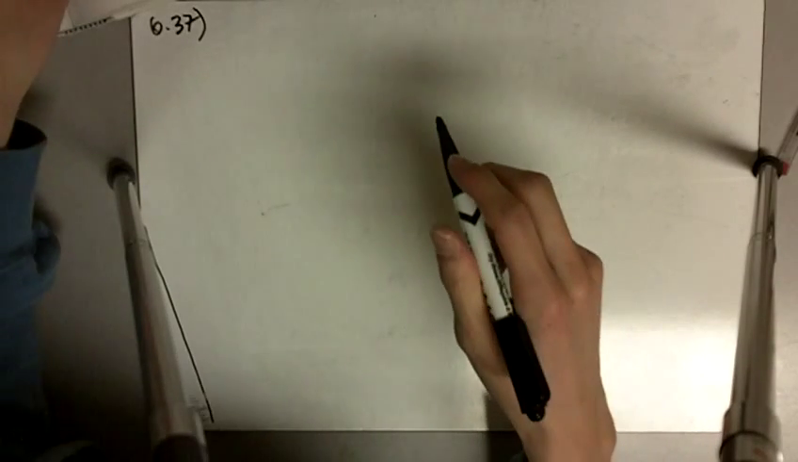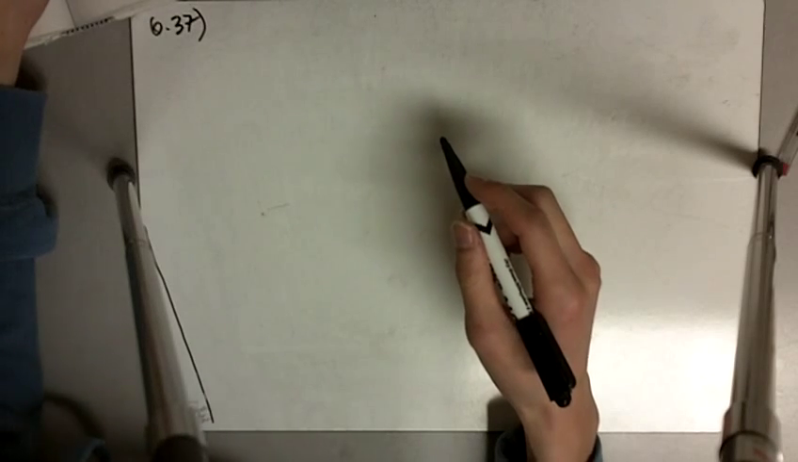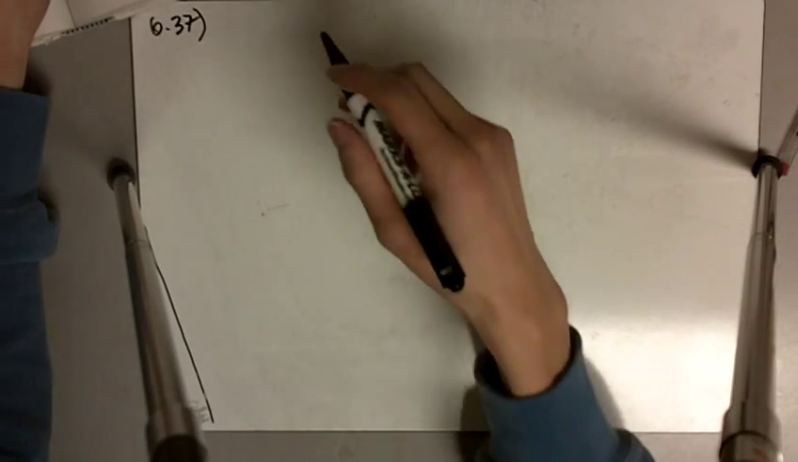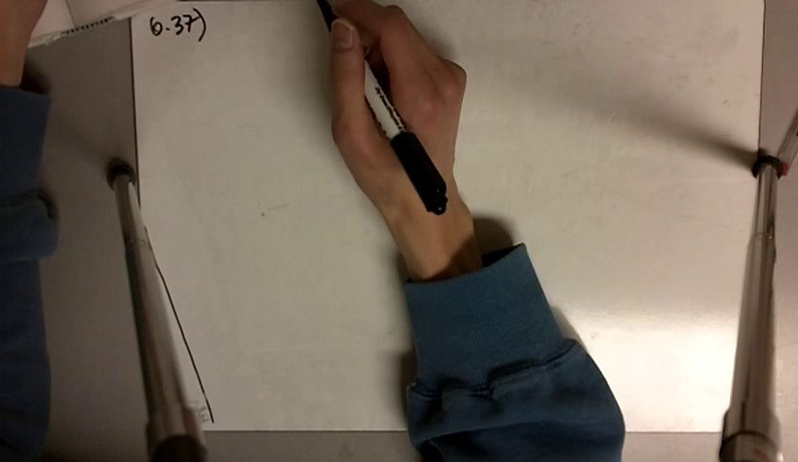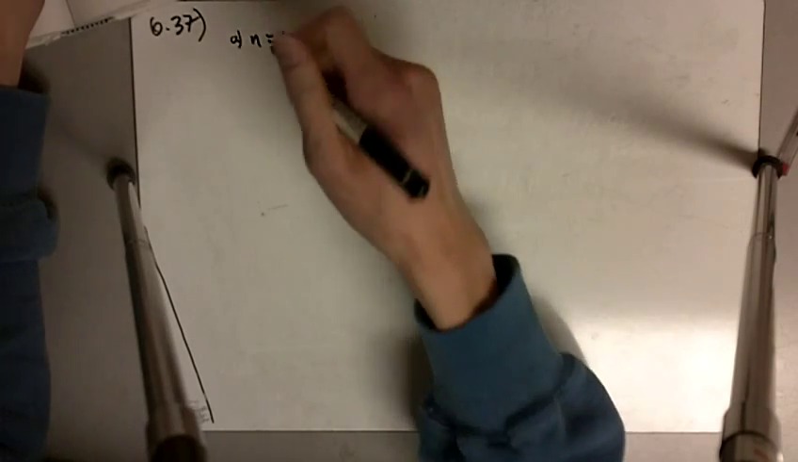Problem 637 says, in an experiment with a certain mutation of the fruit fly, N individuals were examined, and 20% of these were found to be mutants. Determine the standard error of the sample proportion of mutants if N is equal to 100. Okay, so in this case,